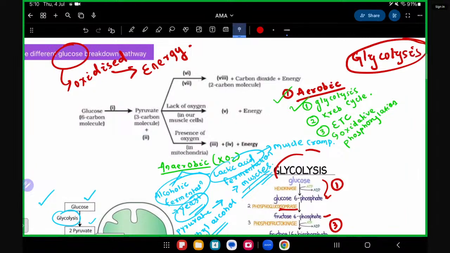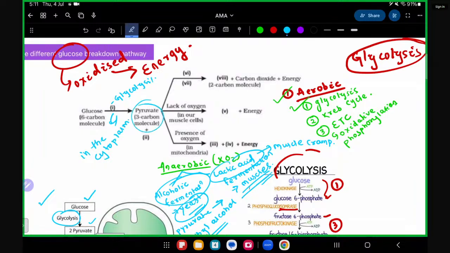What is it? What is written? The glucose, that is a 6 carbon molecule, is converting to pyruvate, that is a 3 carbon molecule, right? The process is known as glycolysis. It takes place in the cytoplasm. Then the pyruvate, a 3 carbon molecule, is converting to a 2 carbon molecule, carbon dioxide and